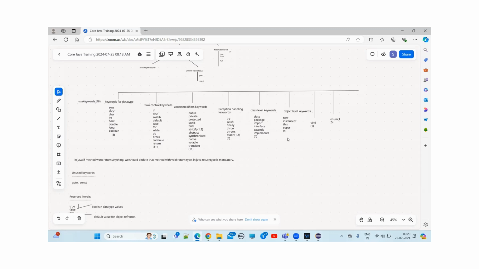Tomorrow we will see what are the data types. Primitive data types, first of all, right? We have 8 primitive data types. We will see in detail what is byte data type, what is short data type, what is char data type, like that. Tomorrow's class, we will see on data types. Once we complete the data types, immediately we will see them in the program also. Let's suppose once we discuss byte data type, we will see the byte data type in Eclipse IDE, how it should be and all. You have any